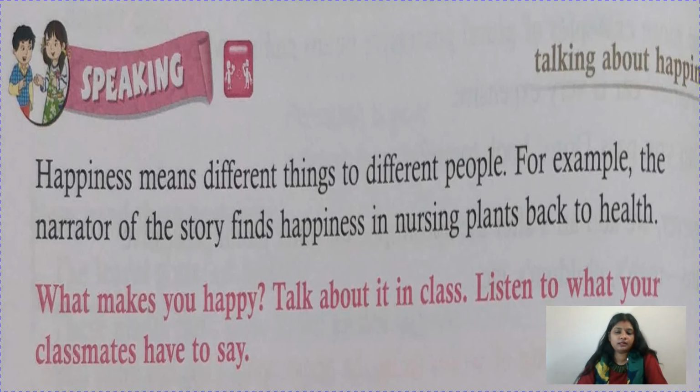Suppose we all love to go to sea beaches, right? So you will see so many people there, hundreds of people there. You will see a few people, they feel happy to bathe in the sea. A few people you will see, they feel very happy to make sand castles. A few people, they feel happy to play football there. A few people, they love to eat the things present there. And a few people would love to take photographs with their cameras.